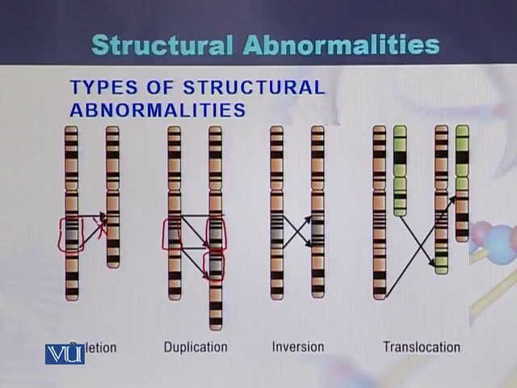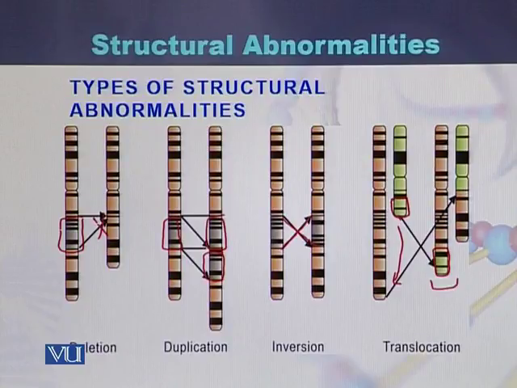While in case of inversion, the fragments, they change from one chromosome to another chromosome. That is called as inversion. While in case of translocation, they change the fragment from one chromosome to another chromosome. This fragment was actually the part of this chromosome. It broken from here and joined with this chromosome at this location. So it will appear as this is the original chromosome and green color is from the